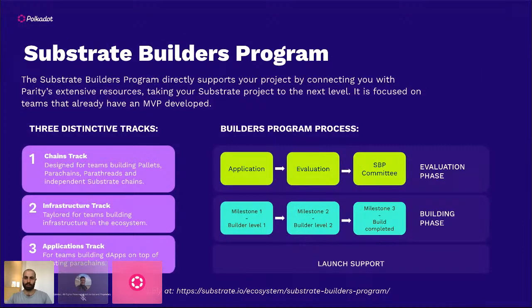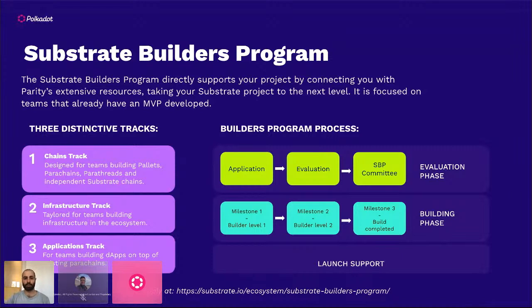So also there's a bunch of programs around the ecosystem, such as the Substrate Builders program that directly supports your project. Also keep in mind that these projects that you're building are great starting points for taking it further to make them fully fledged applications or parachains or UIs. This hackathon is kind of like a jump starter for these. If you think you have a really good idea, post hackathon, there's a lot of programs for you to participate in and take your idea to the next step.